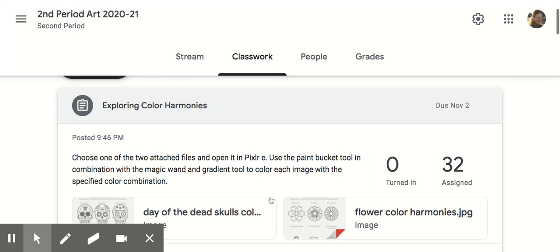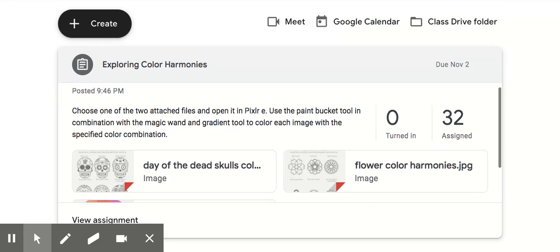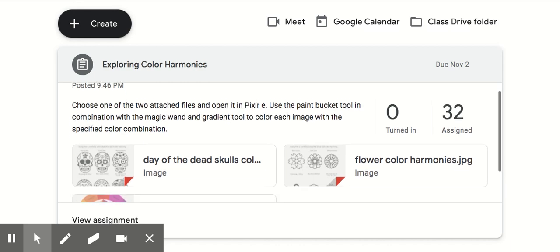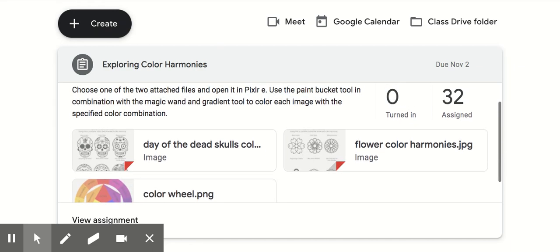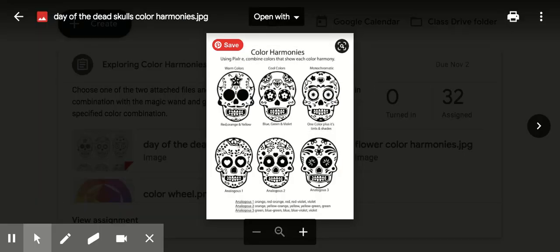All right, so the first thing I want to show you is just how to get the image from the classroom into Pixlr, which is where you're going to go and add your color harmonies to your image. So you can see here there is an option for the Day of the Dead Skulls. There is also flowers. So whatever one it is that you want to color, you're just going to come into